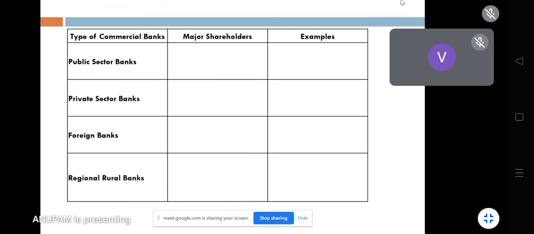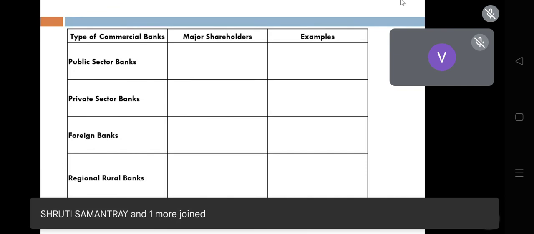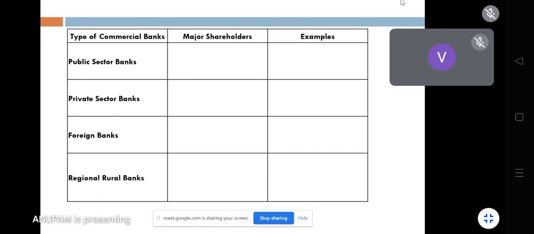Okay. Now we will see this table of types of commercial banks. Here you see the first column is the type of commercial bank. Four types are written here, which we have seen in the first diagram. Now you are required to write in the next column the major shareholders, means